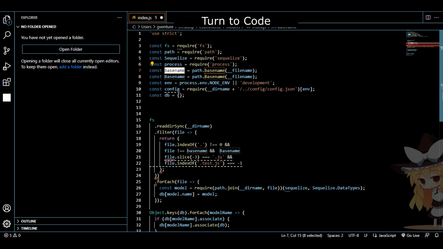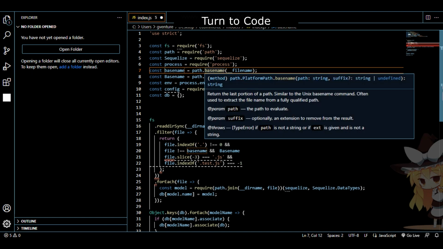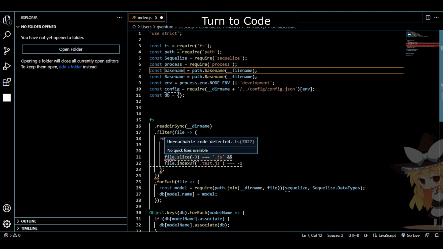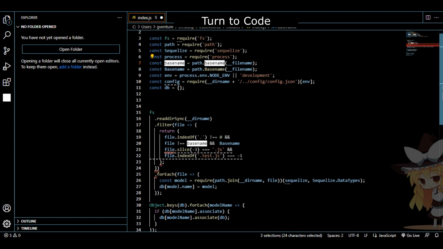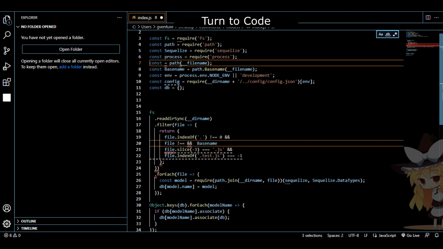Guys, sometimes we have to change our variable names, and we used to change them one by one. Like this variable name is used multiple times in this file. Here you can see. So if we want to change this variable name in our code, then click on that name, press Ctrl+D, and again Ctrl+D, and again Ctrl+D. Here you can see all base name are selected. Now we can change this name like